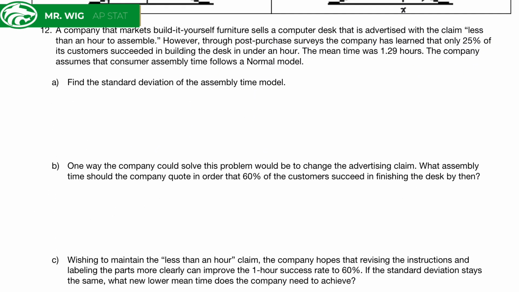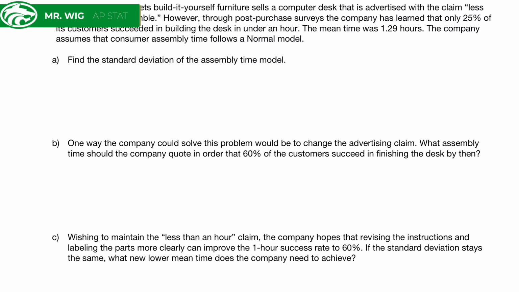In this example, this is going to be similar to what we've done in class with some of our book problems about finding standard deviations and different things like that. Okay, in this example, they tell us that we have a normally distributed set of data. It says the mean was 1.29 hours. It says that,